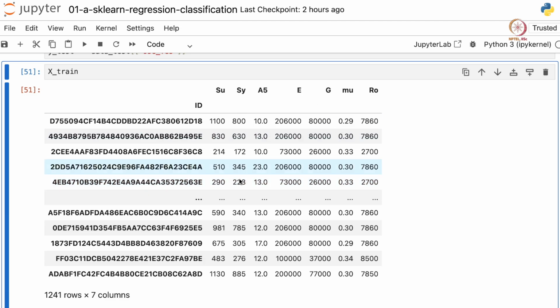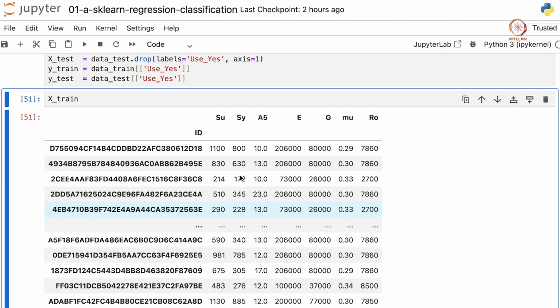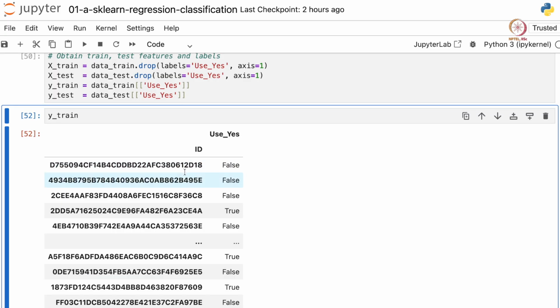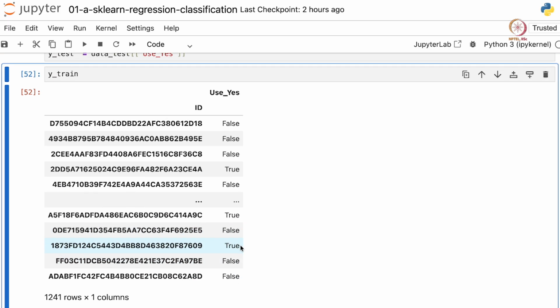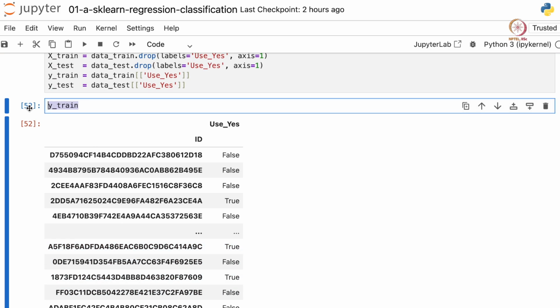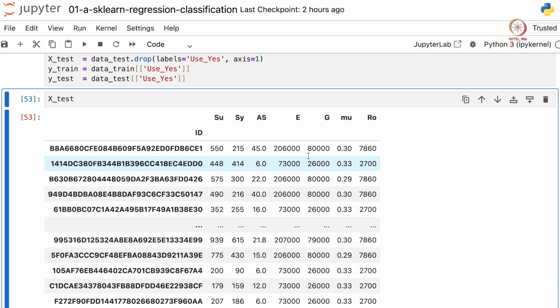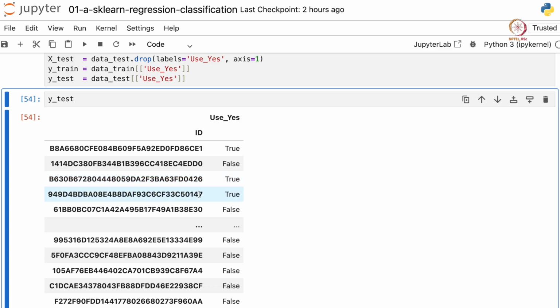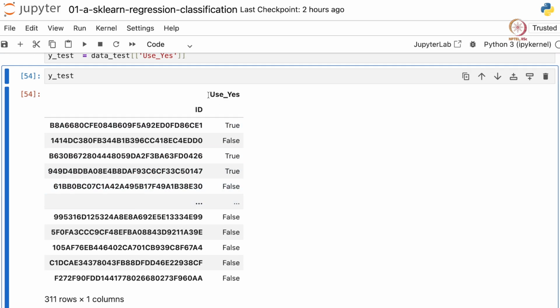So xtrain are all the training features, 1241 rows, using which we want to predict use yes, and ytrain are all the use yes values. Similarly, xtest contains all the features, and ytest contains all the use yes values in the test split.